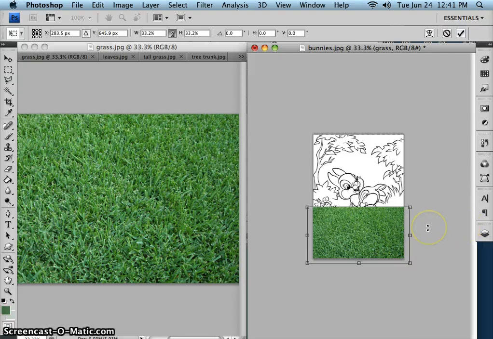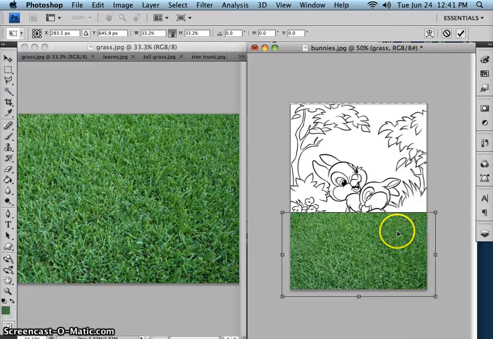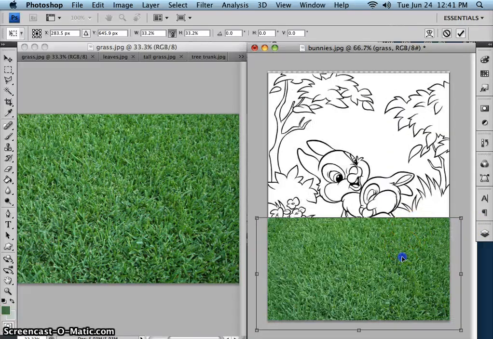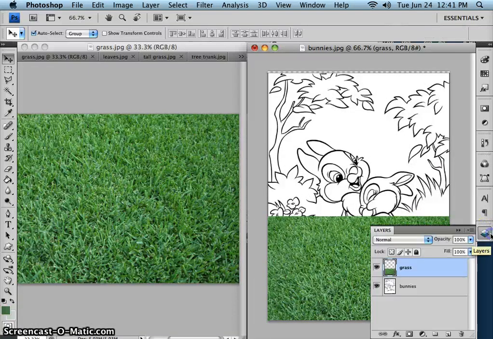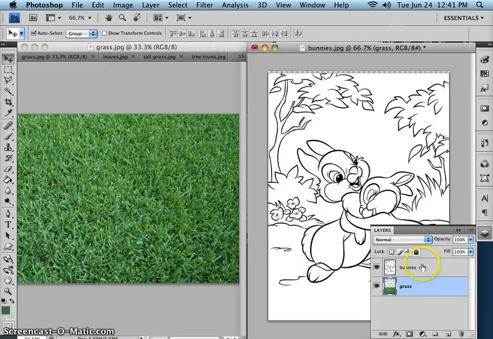So I think I've got that. I'm going to zoom in a little bit, make sure that all the grassy area is covered, and it is. And so now I'm going to reorder my layers. I'm going to move the grass below the bunny's layer, and then I'm going to go back to the bunny's